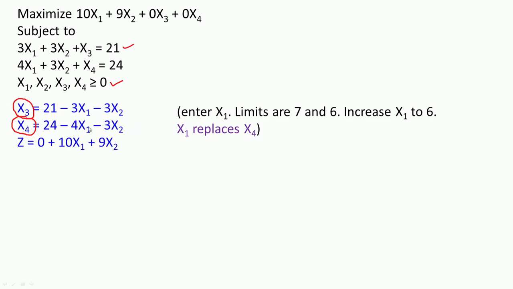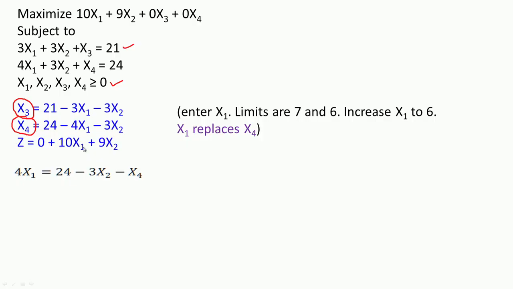So, x1 is increased up to 6 and x1 is now going to become basic because it is not having a value 0. x4, which was 24, now becomes 0 and will become non-basic. Therefore, we write the equation with x1 as a basic variable and x4 as a non-basic variable. So, this equation is now rewritten as